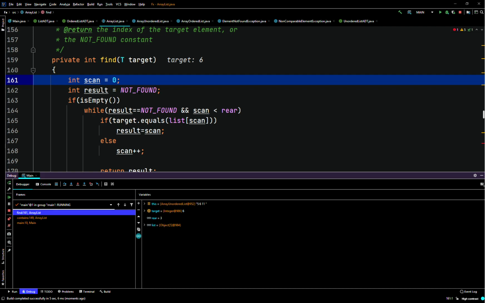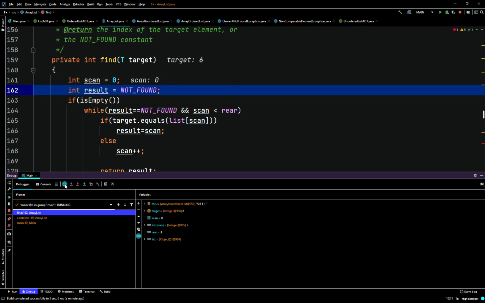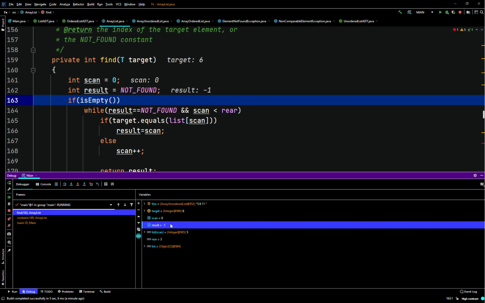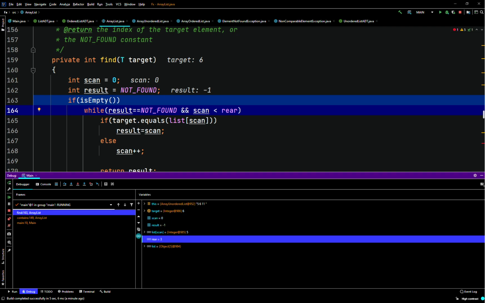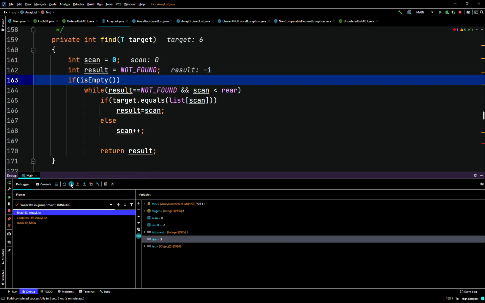So target is 6. Scan points to 0. Result points to -1. While result equals not found. So while result is equal to -1 and scan is less than rear. So we're here now. We'll skip that because